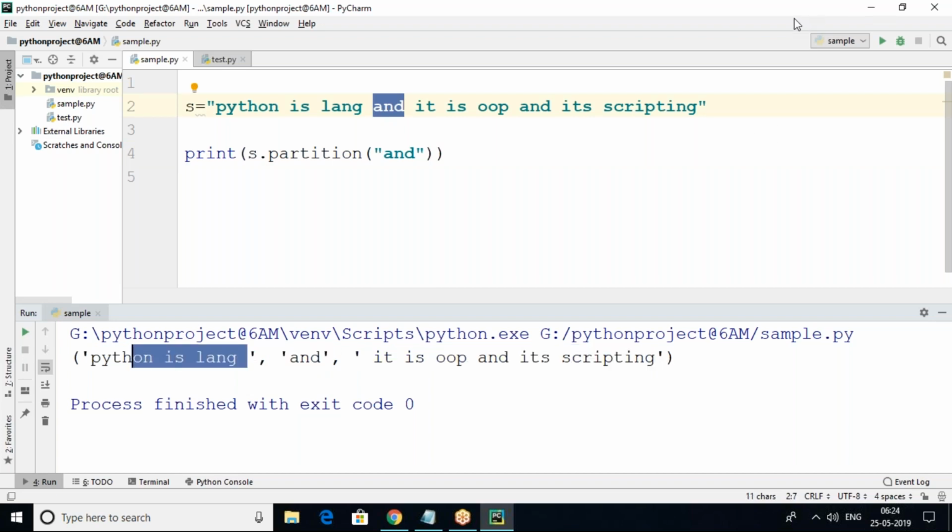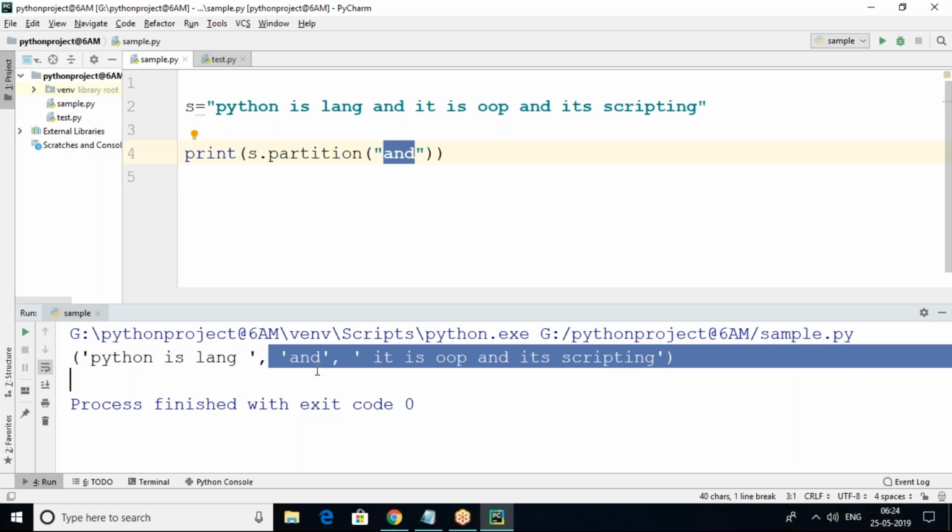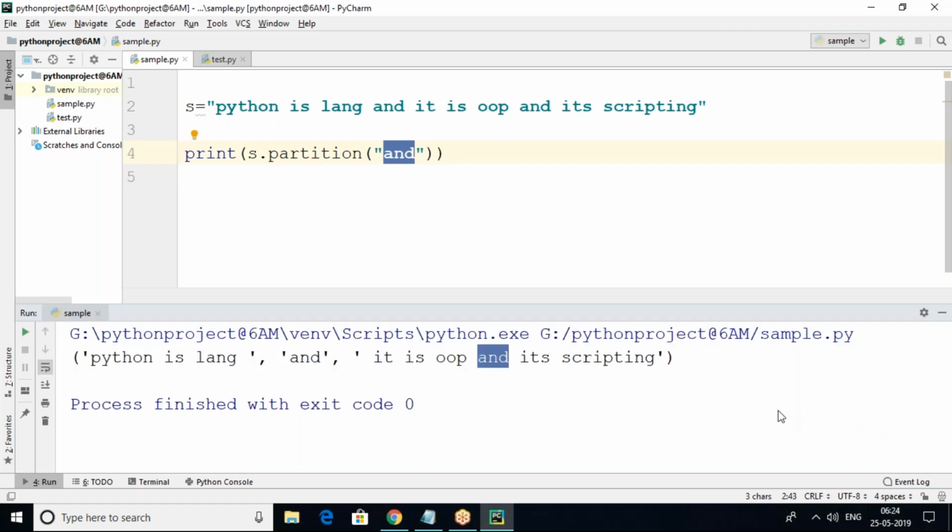Three are there. Wherever the first occurrence of your separator starts, the string is split there, and the remaining things are in tuple format. This is one thing, this is another thing, this is another thing. So this is how partition separates the string clearly.